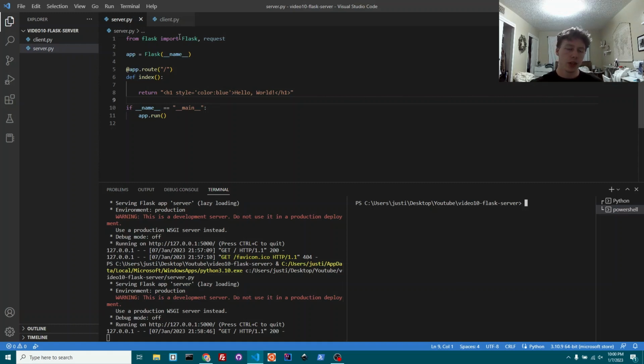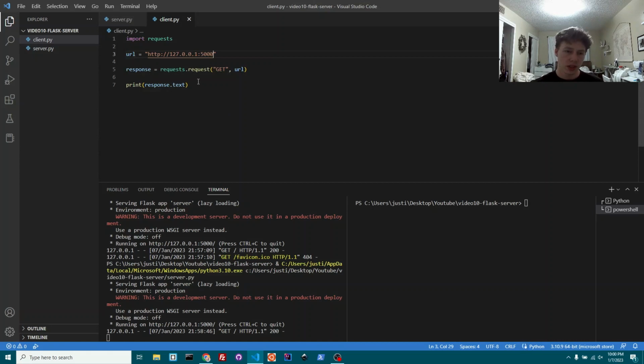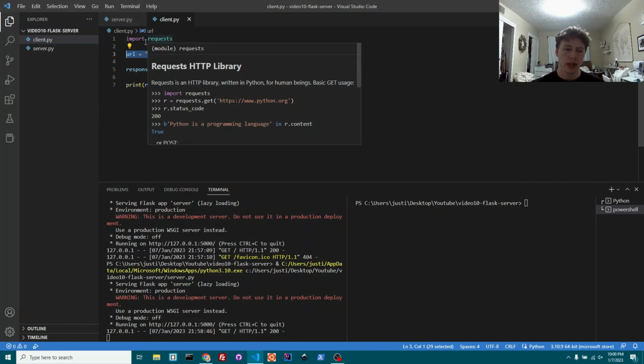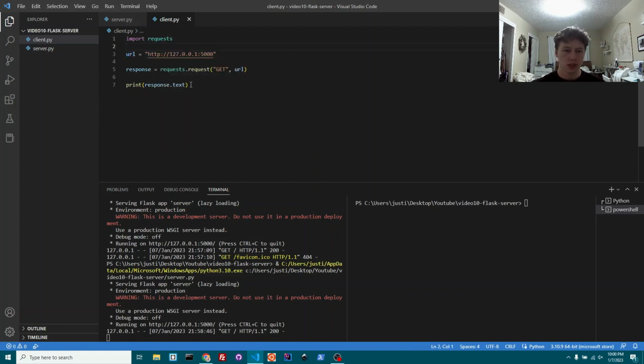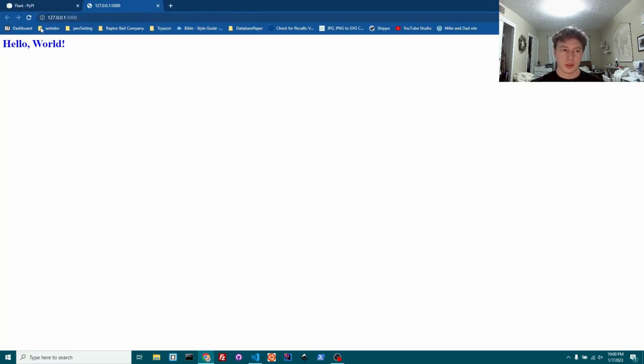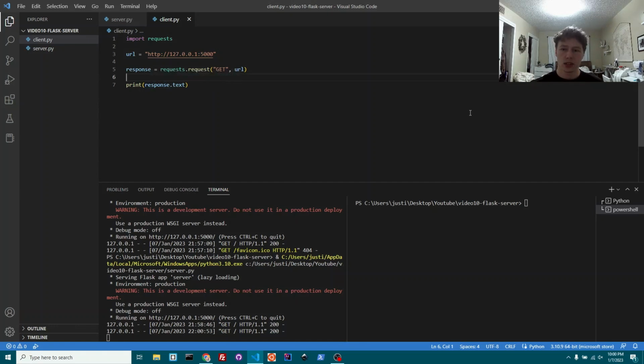So I also want to show you guys, instead of just doing it from the internet, for testing purposes to access your server, you can go ahead and make this little file right here. This could be like your client if you wanted to. So what I'm doing right here is I'm using the requests module in Python. If you don't have that, just pip install requests. That's all it is. And we're saying response equals requests.request, and then GET and then URL. So essentially making a GET request, right? It's the exact same thing as if you were to go here. It's the exact same thing as doing that. So if we run this,